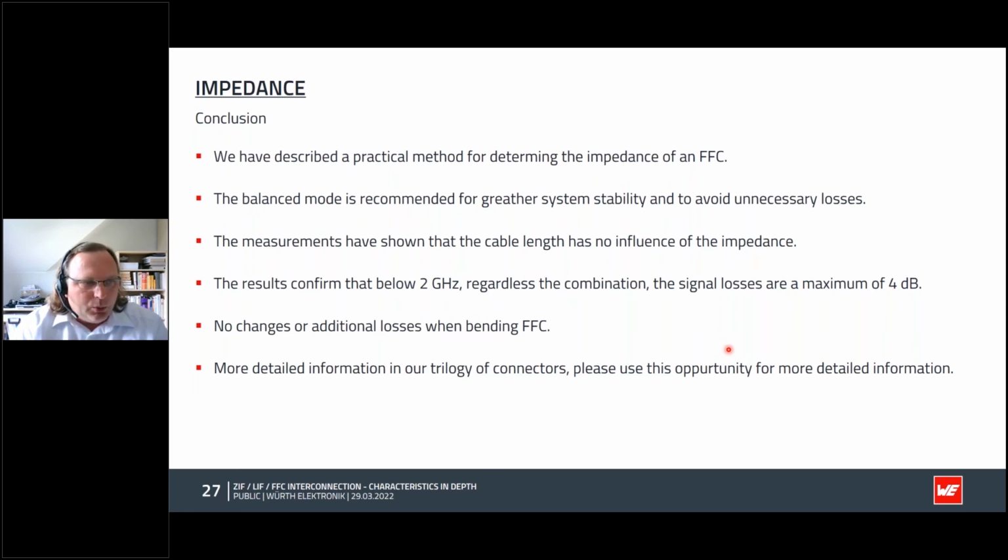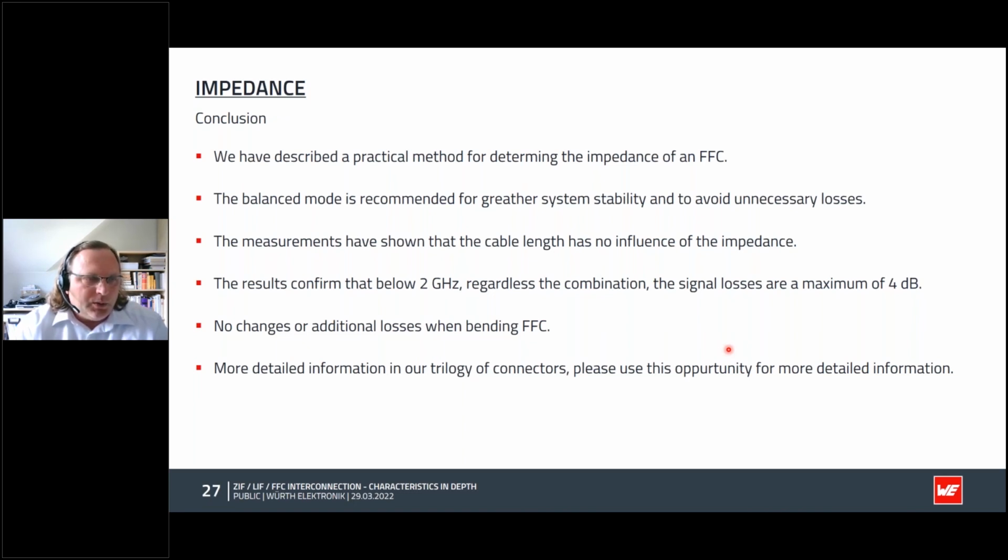In TDR mode, the FFC impedance is only measured for a defined frequency. This setup has shown that cable length has no effect on impedance. The network analyzer covers the full frequency range at the same time, comparable with customer applications: it's PCB, transitions, connectors, and cables. More typical is the measurement of the impedance value,